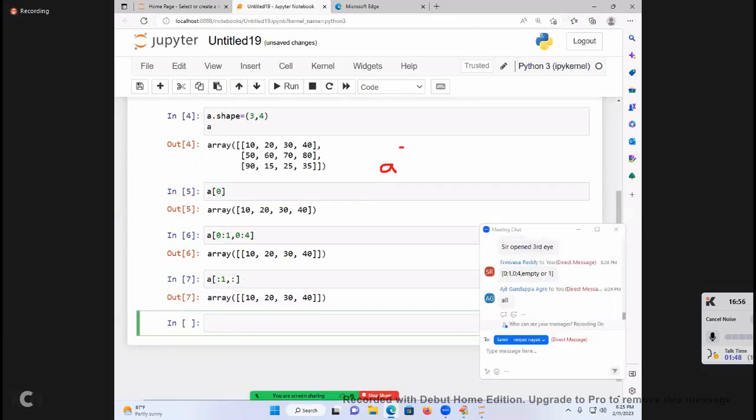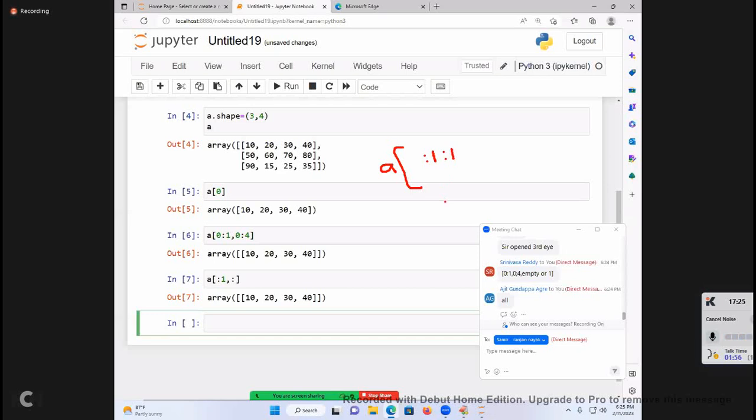A of colon 1, colon. Beginning 0 to 1, no step. If I don't specify 0 now, and if you write 0, the answer will not come. So you need to write 1 if you want.